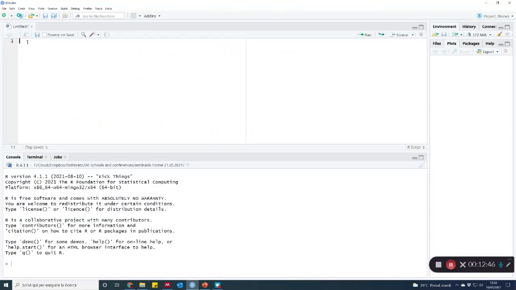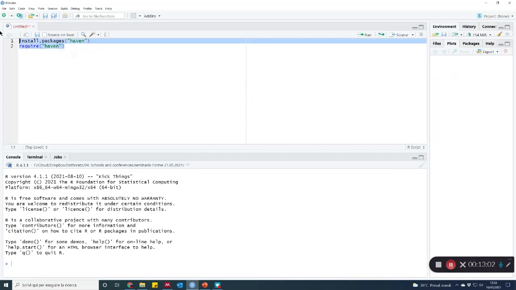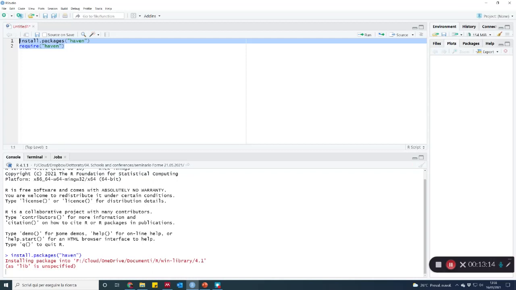An R script is just a textual document in which you can type commands, and we write install.packages haven, then require haven. Then how do you execute this code? You can go over with the mouse, select it, and then click run. And then here below, this is the console. We will check more of this part